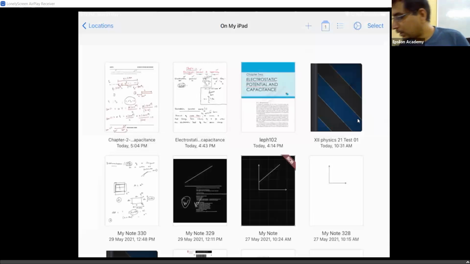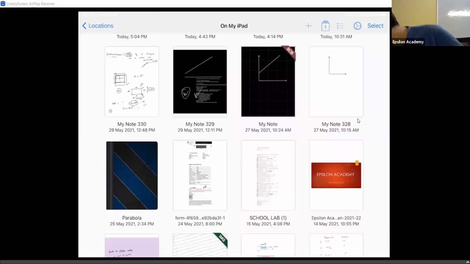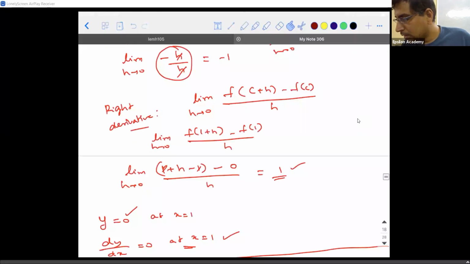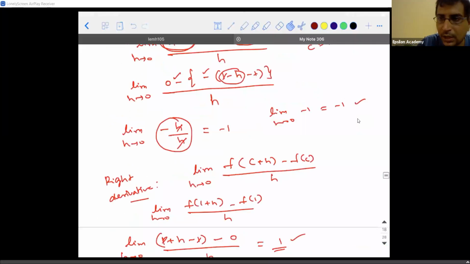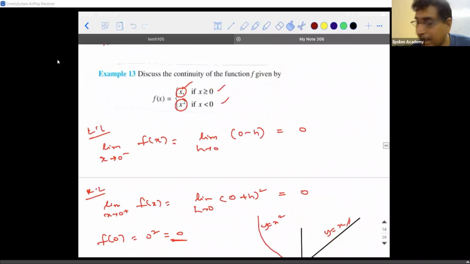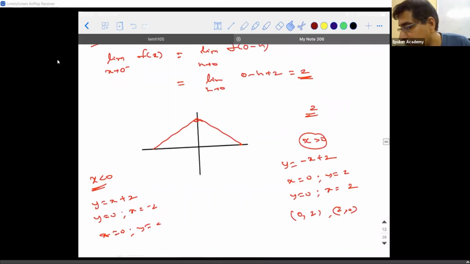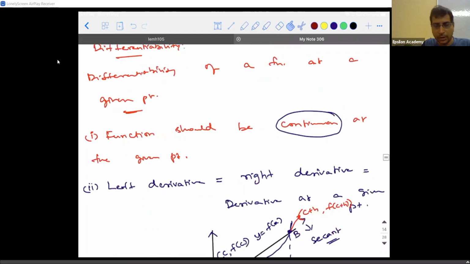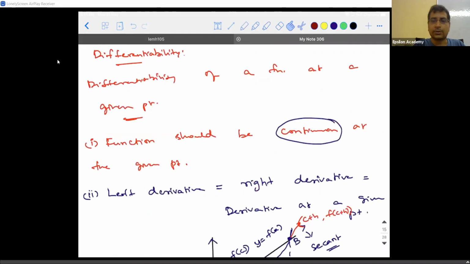Okay. So before that, let's do a small recollection and then we'll step into the main concept. So this chapter, what is the main context? We will be discussing different kinds of functions which are continuous, and the next part is we will concentrate on their differentiability. For continuity, I have already explained what points need to be satisfied for a function to be continuous. The right limit should be equal to the left limit should be equal to the function value.